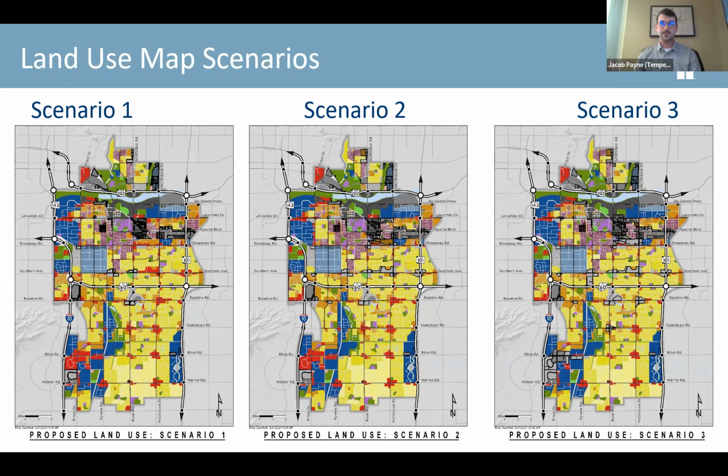Moving to scenario 2, this one expands on the things from scenario 1 with more increased mixed use changes in density a bit further away from transit corridors and along the major arterials. And scenario 3 then expands more from scenario 2, incorporating mixed use at older commercial centers where redevelopment might be desirable and along major arterials. So I'm going to move on past these, but once we get to the end, if there are any questions, we can bring this back up.